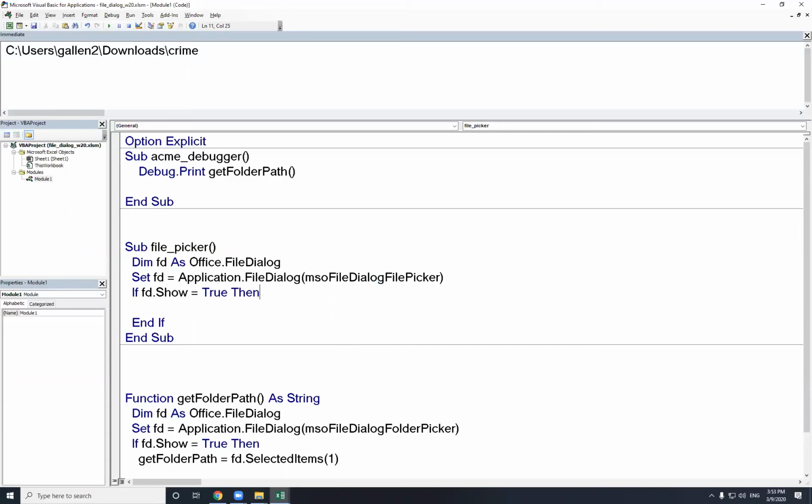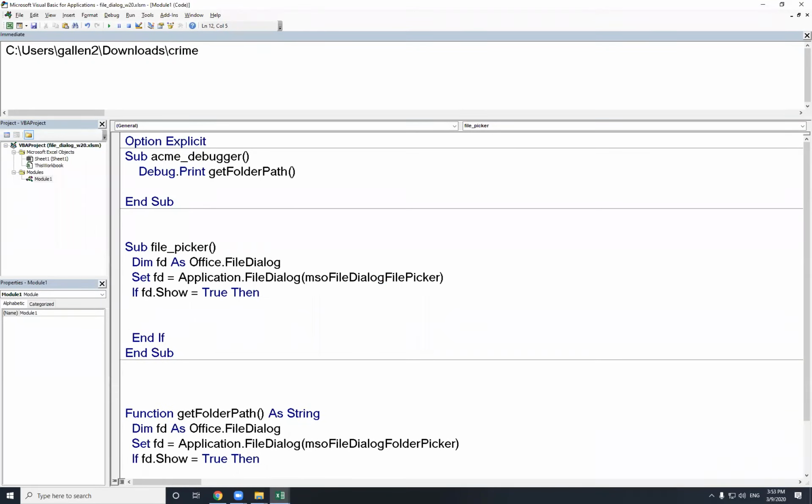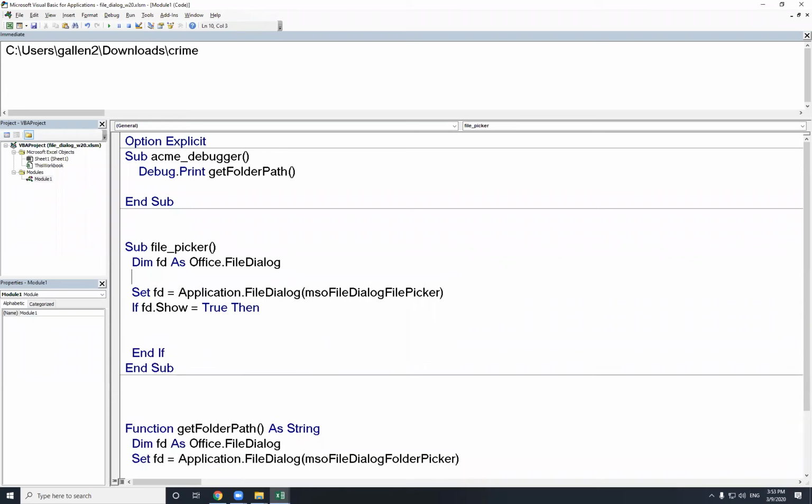Now, it turns out the file picker will let me choose multiple items. So let's just go ahead and print off everything that got selected inside our if statement. So here, we'll loop across these items. Let me just dim x as an integer. We'll use a for next loop. For x equals 1 to